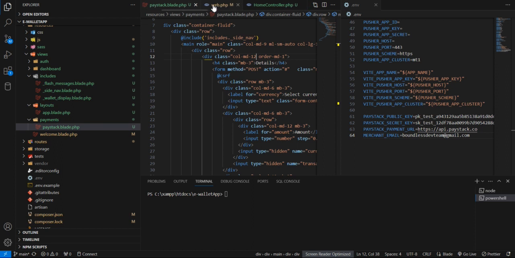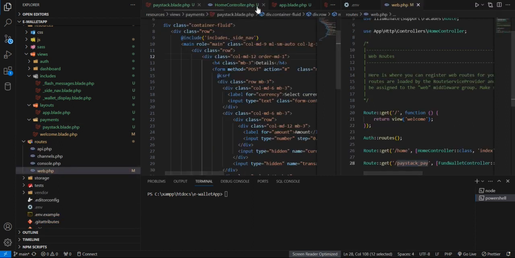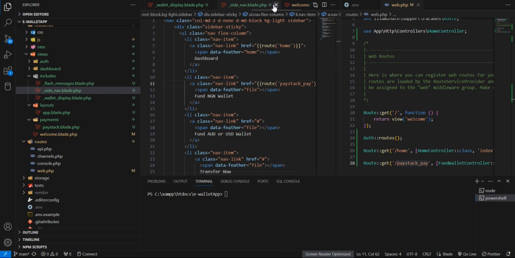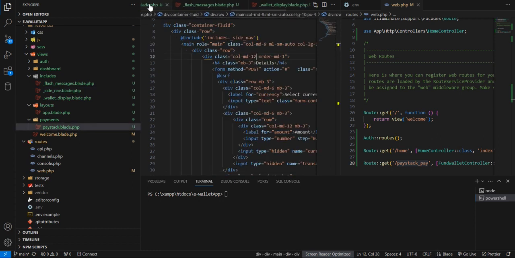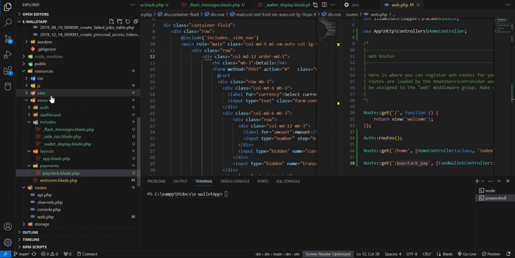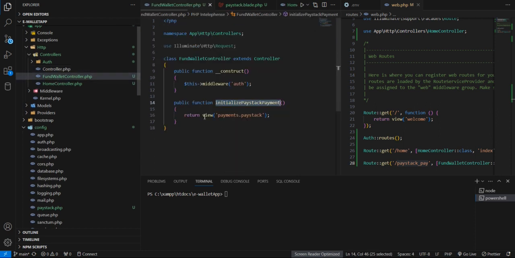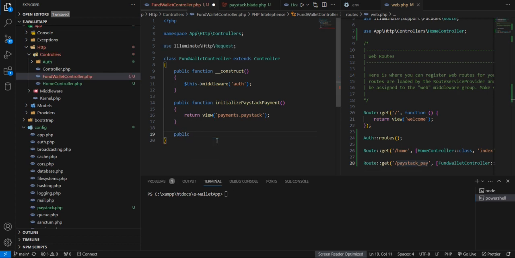I like putting this in a separate section here. So let's go back to, let's close this guy. We don't need that open. Okay, so let's go back to the fund wallet class. So here we now create another method, call it process payment essentially. So public function